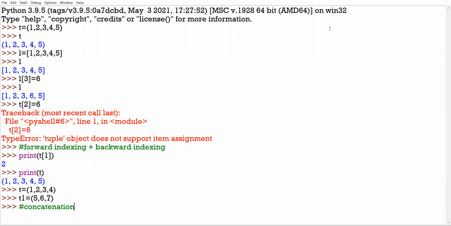I try to perform the concatenation operation. Now concatenation already you have done in the case of list and string, right? Concatenation means joining two sequences together.